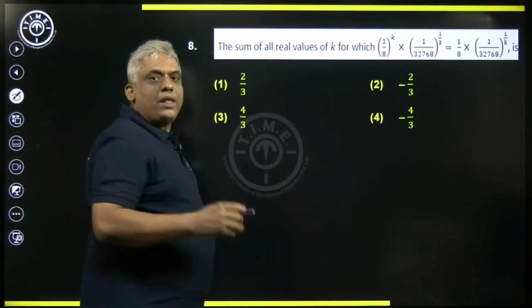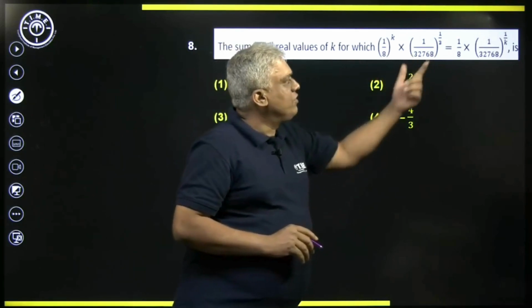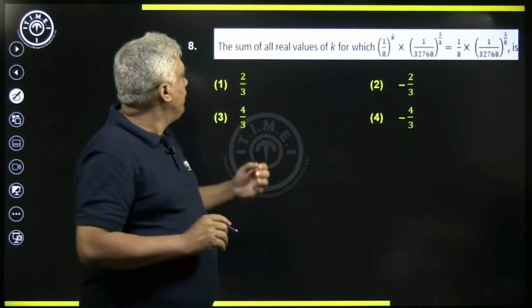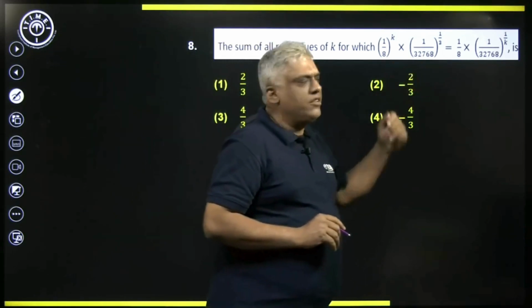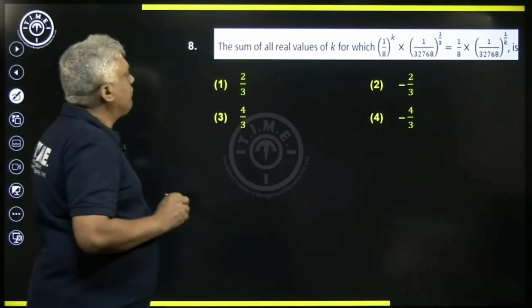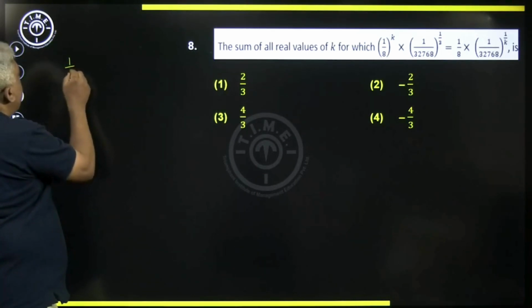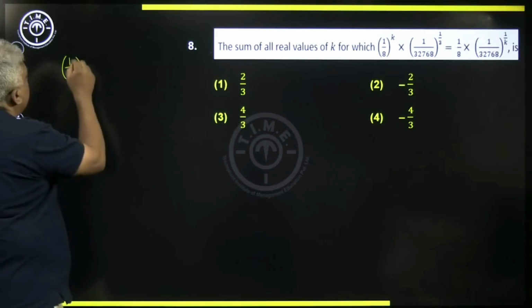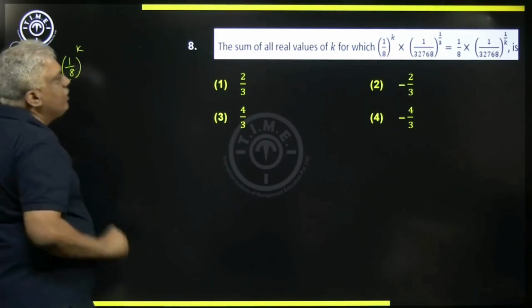Okay. Now, this question. The sum of all real values of k for which this equation is satisfied, right? Now, let's try to write this in standard form. Now, let's see, this is 1 by 8 to the power k into